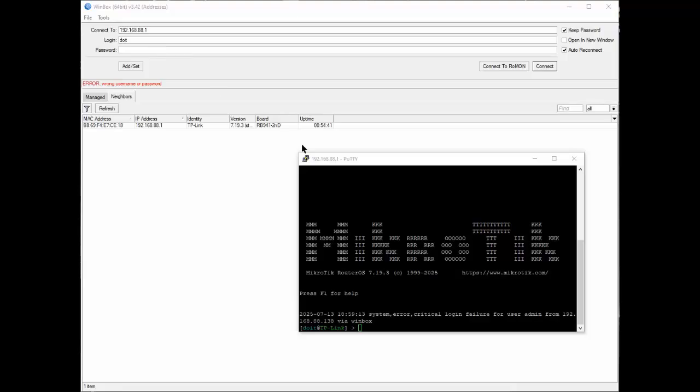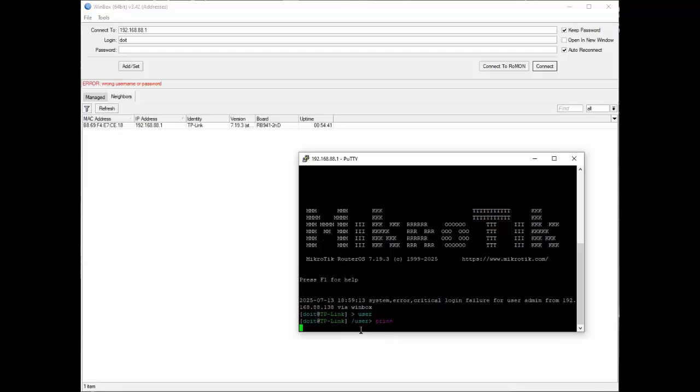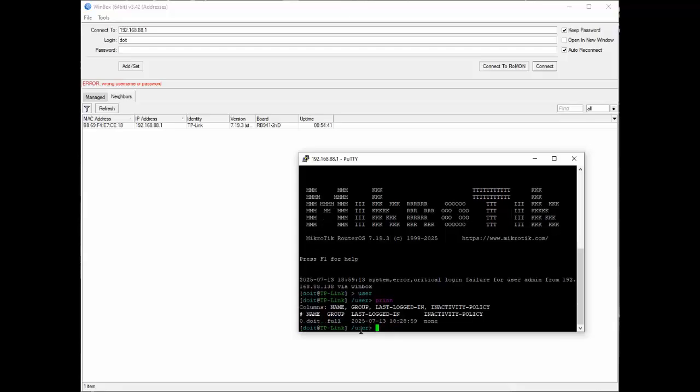Well, the solution is we come back down here in our Putty window, click on it to activate it. We type in user. That puts us in the user folder. We do print. And it shows us the only user active is a do-it user. So the password on do-it is screwed up for some reason, or you forgot it. So what we can do, we can set